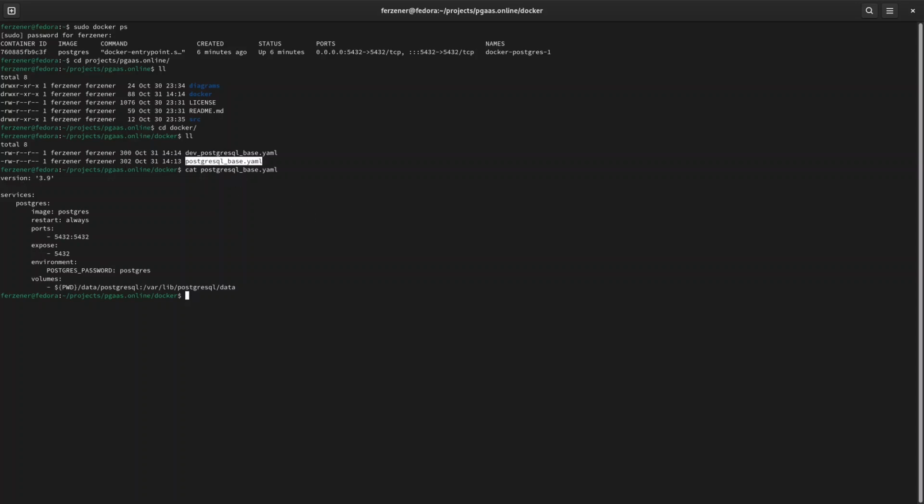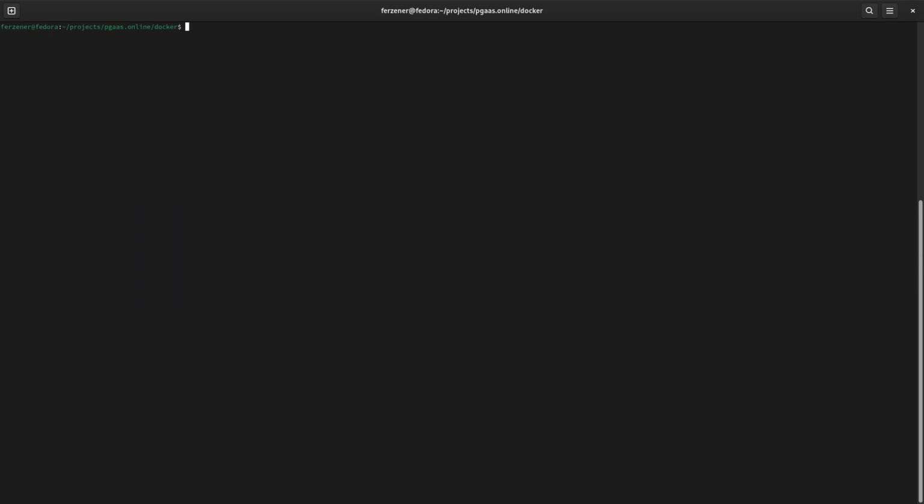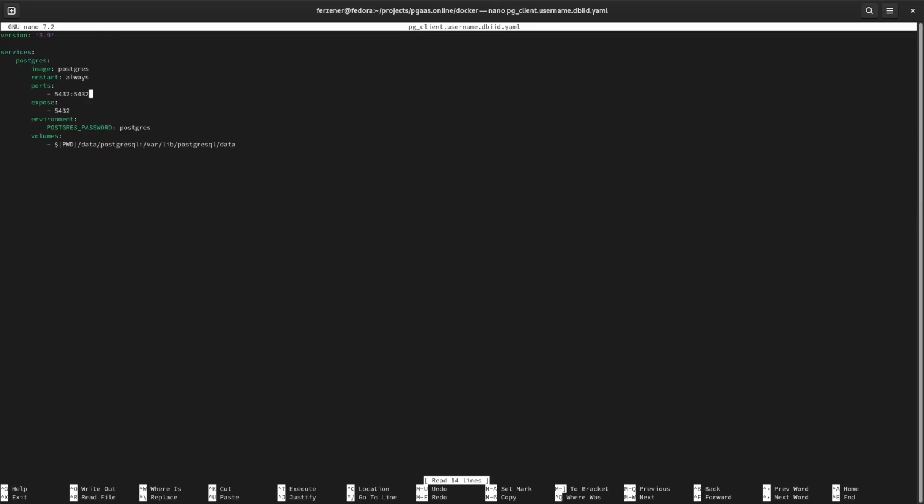So let's imagine that we have the client username. So pg underline client username dot YAML. That client username, and let's just use a database instance ID. So let's copy this Postgres,